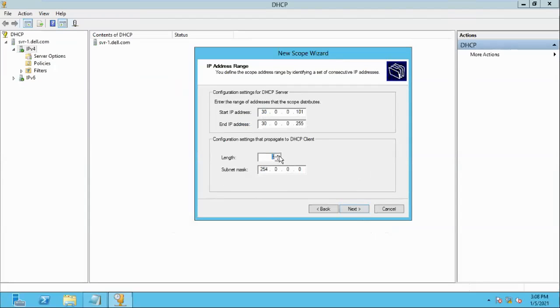Sir, in this particular scope, is it related to the server where we have given the static IP address, or do we define the range ourselves? You assign as per the company policy. Whatever addresses the company says, you have to assign in that scope.